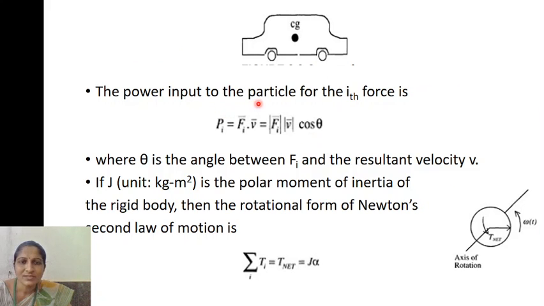The power input to the particle for the ith force is P equal to force into velocity. Considering the x direction, that is V cos theta, where theta is the angle between the force and the resultant velocity V. If J is the polar moment of inertia of the rigid body, then the rotational form of Newton's second law of motion is sigma T equal to J into alpha,